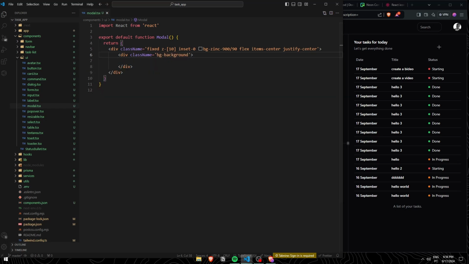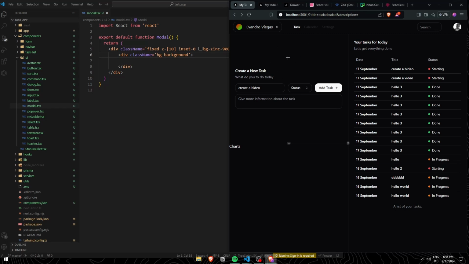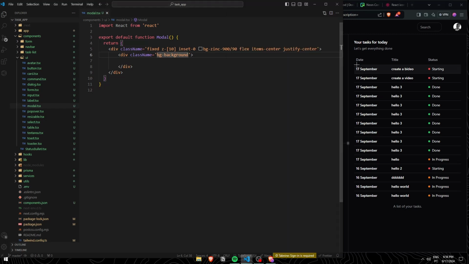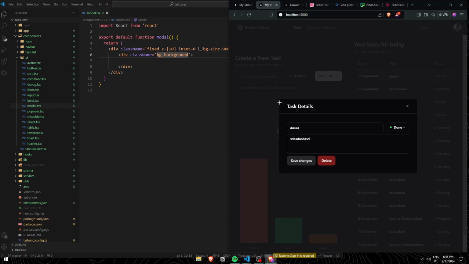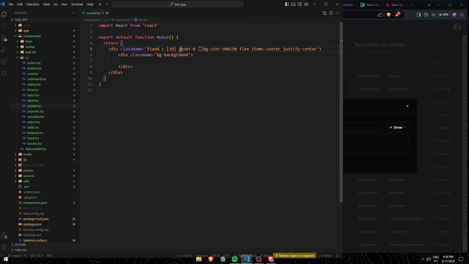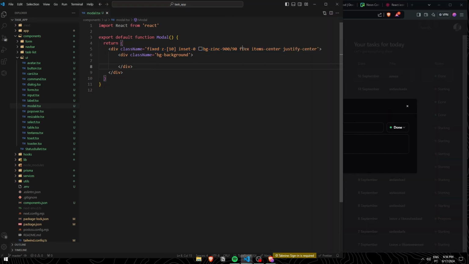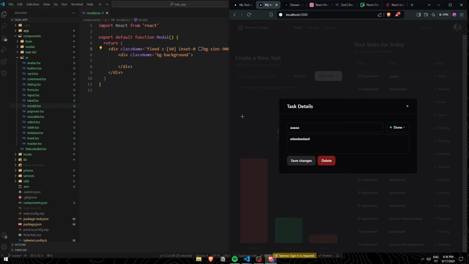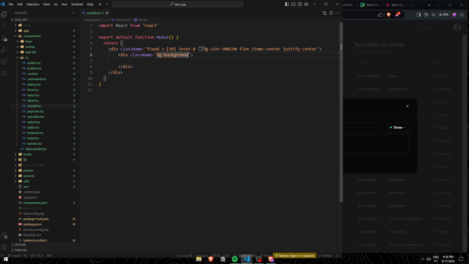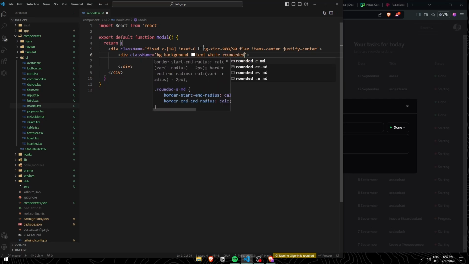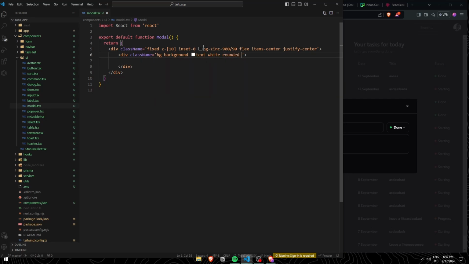So bg background is the color of the background. So bg.background, this is going to be the actual content of the modal. Okay, so we created the container, which is this outside part, and then we're using flex items-center and justify-center to center this modal right here. Okay, so background text white, then we are going to round it a little bit, and then we're going to